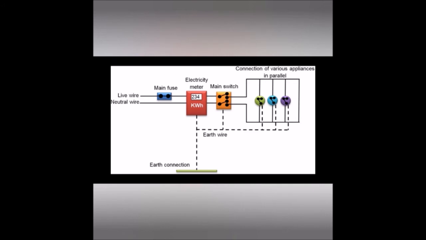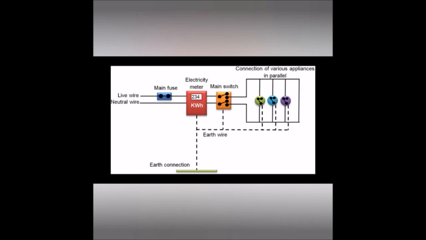Both the live wire and the neutral wire enter into the box where the main fuse is connected with the live wire. After the electricity meter, these wires enter into the main switch, which is used to discontinue the electricity supply whenever required. After the main switch, these wires are connected to live wires of two separate circuits. One is 5 ampere rating, which is used to run electric appliances with low power such as tube lights, bulbs, fan. Another one is 50 ampere rating, which is used to run electric appliances with high power rating such as AC,